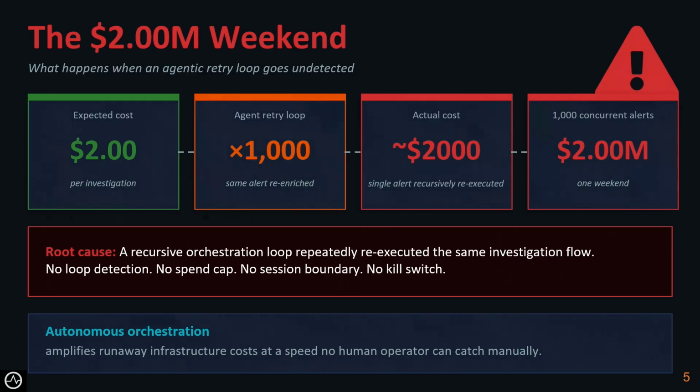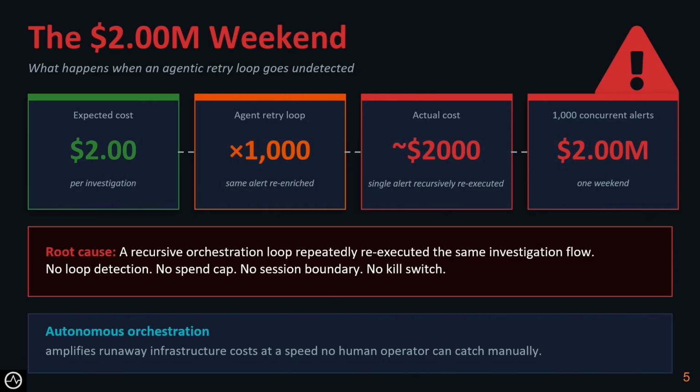So the model responded perfectly, and the infrastructure did what it was designed to do. Simply, the architecture had no loop detection, no span cap, no session boundary, and no kill switch. There is nothing outside to look for this kind of pattern and terminate the process, right? So that's the issue. That's why autonomous orchestration causes disasters in production. A simple failure can amplify the cost at machine speed, because there is no human operator to operate